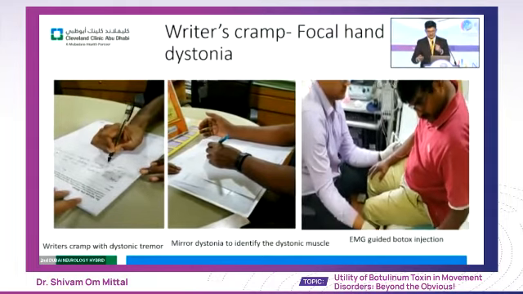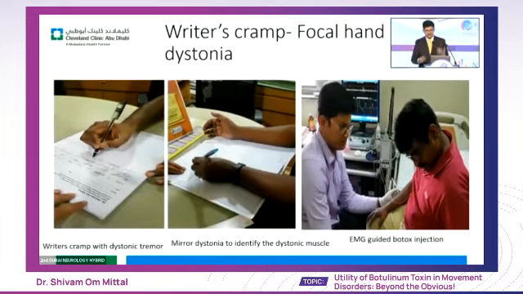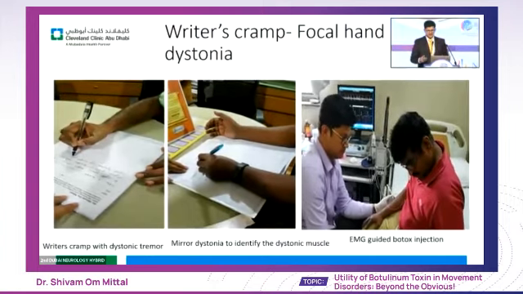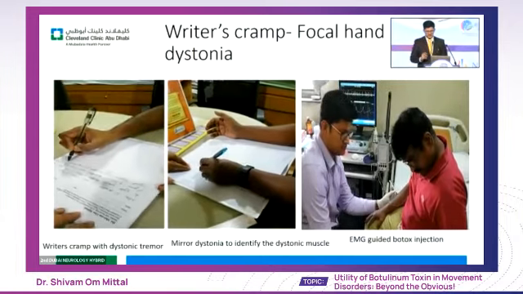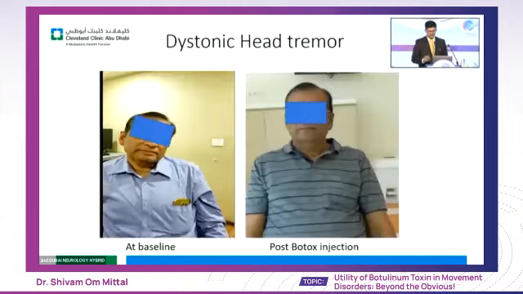You put the needle in the muscle, and you ask the patient to write with the left hand, and you can activate, and you can actually see the muscle showing up on the EMG. I don't have good sound, otherwise you could see the EMG images there. Then you know exactly which muscle is causing the writer's cramp. Now this patient has dystonic head tremor, mostly head tremor, a no-no head tremor, and had an injection and